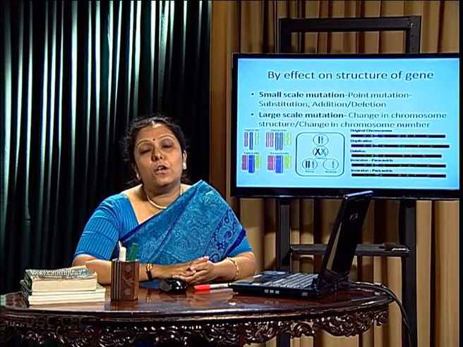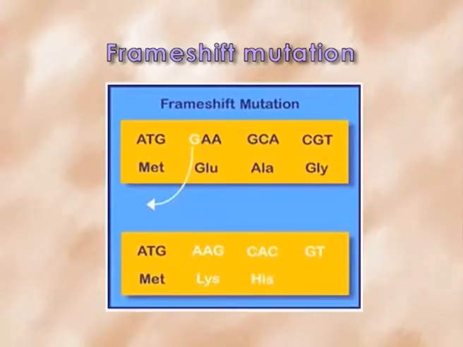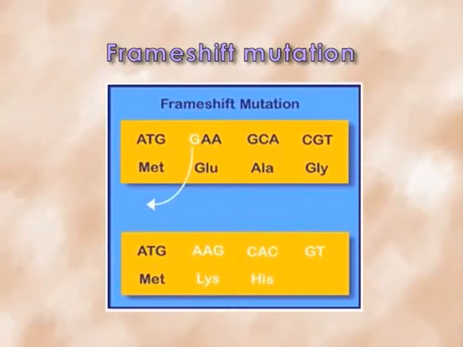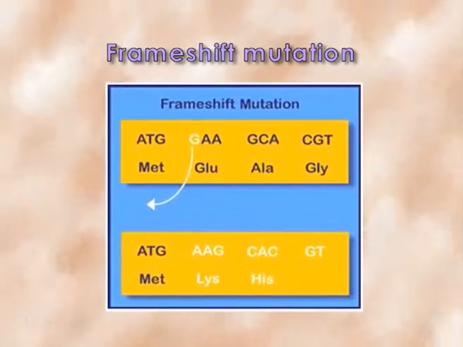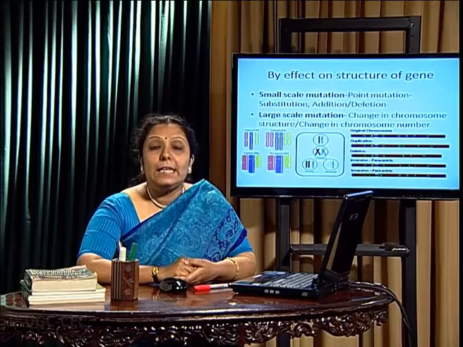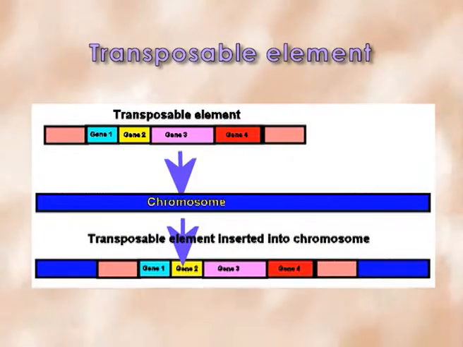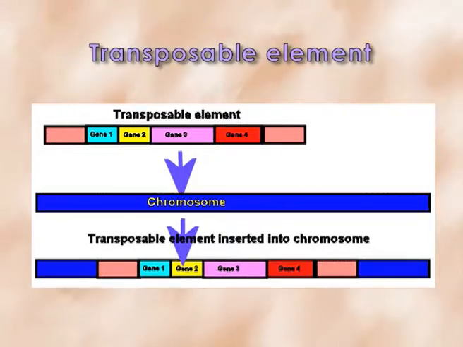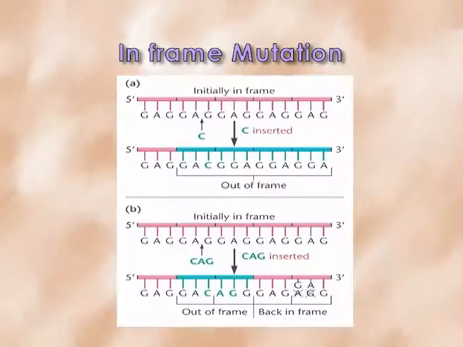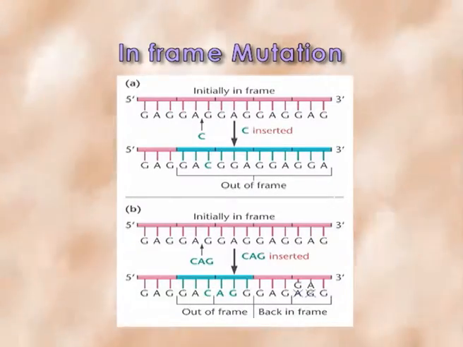In case of one or two nucleotide addition or deletion, it gives the frameshift mutation, just the change of the open reading frame for the protein coding sequence. Deletion is not so ordered. Insertion happens by transposable genetic element at a particular region, and that can also be reversible, but deletion is quite irreversible. We can find another case, that is in-frame mutation at the same position, addition or deletion of three nucleotides together.